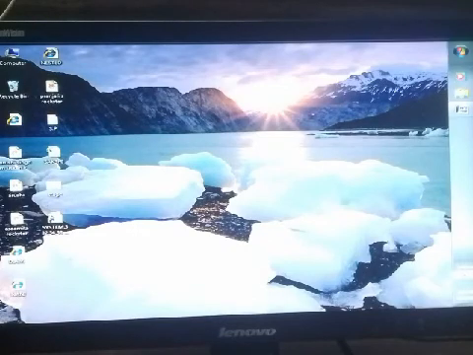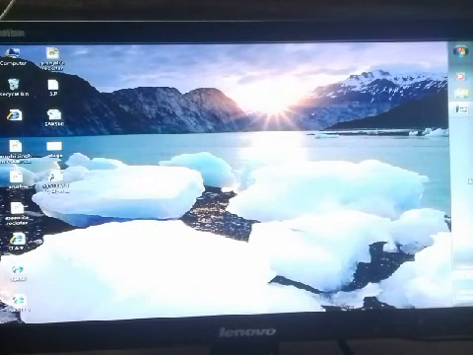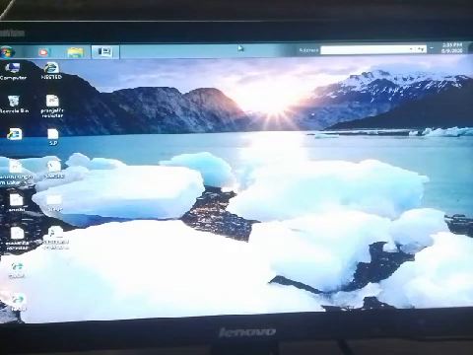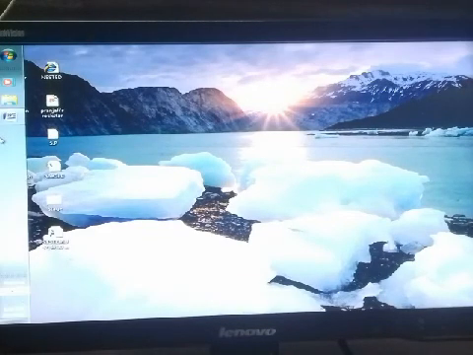Look here, now the taskbar is on the right side of the desktop, and if you want to change the position to the top, you just click over here and then drag your mouse pointer. Look here students, the taskbar is placed on the top of the desktop. If you want to change its position to the left, you just click over here, drag and release.